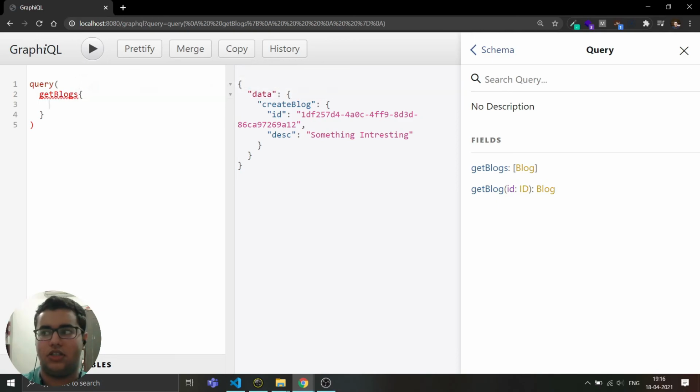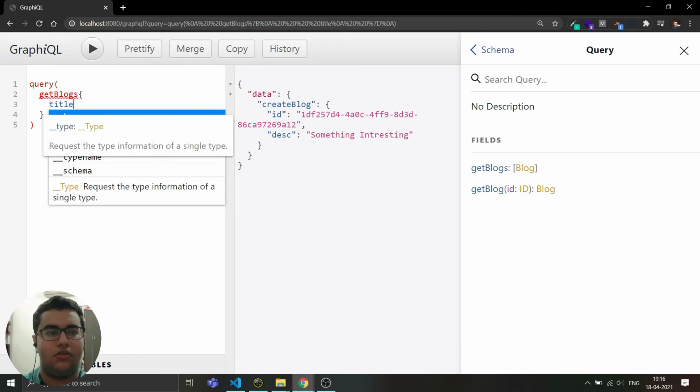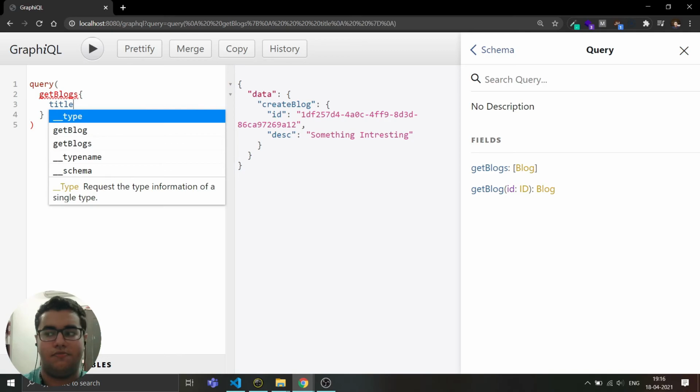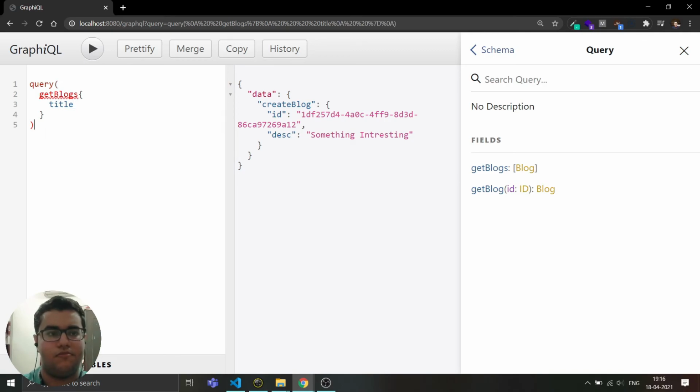Okay, but it's giving me an error, I don't know. Okay, got it. The query will be taking curly braces, not parentheses. So query, then we have get blogs.